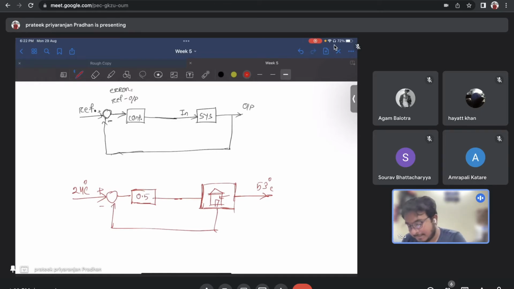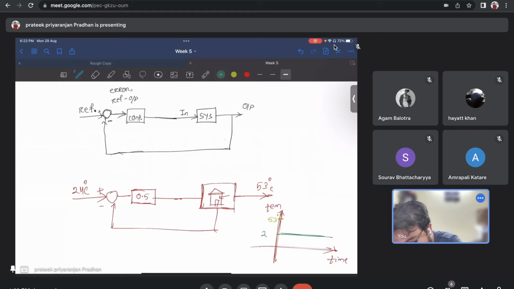So now the error is from 53 degrees. Suppose this is the temperature and this is time. Initially my temperature was 53 degrees Celsius, here, and here is the reference. I will put some other color. This is 24 degrees Celsius. So what happens when the distance is more? It will try to